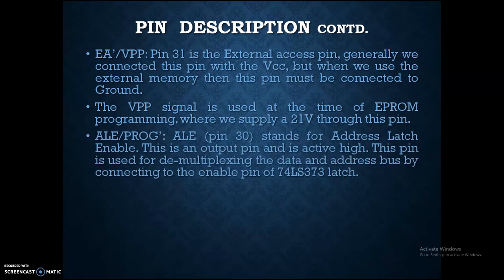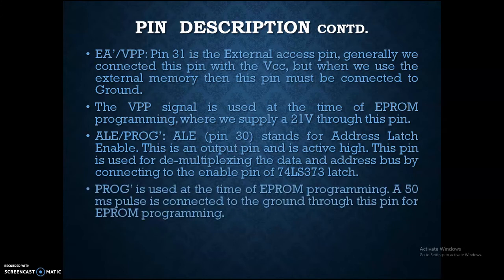Now this ALE/PROG bar, the address latch enable pin, is an output pin, and it is active high. This pin is used for the demultiplexing of the data and address. What is the purpose, I mean the application, of the address latch enable signal? By connecting the enable pin to the latch circuit, the latch IC, that is 74LS373. And PROG bar is used at the time of EPROM programming, that is burning of the program